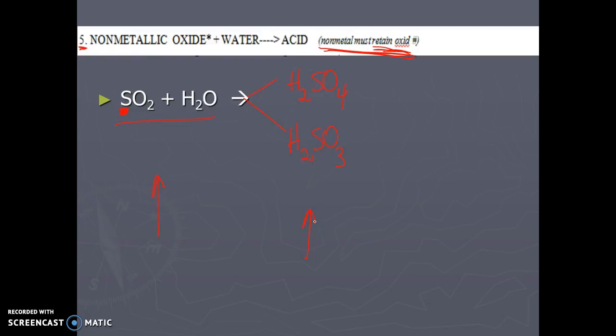So my first step is to figure out my oxidation number for the SO2. Well, it is a compound, so that means all the oxidation numbers must add up to 0. Oxygen gets priority to be -2, and so 2 -2's gives me -4. That means that the positives must add up to +4. There is only one S, so that means my S has an oxidation number of +4. So I want to make sure that on this side, I choose the one that has an S with an oxidation number of +4. So if we look at this, I've got H2SO4, and in this case,